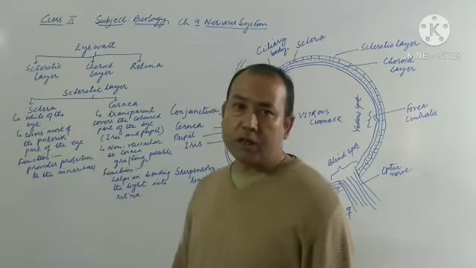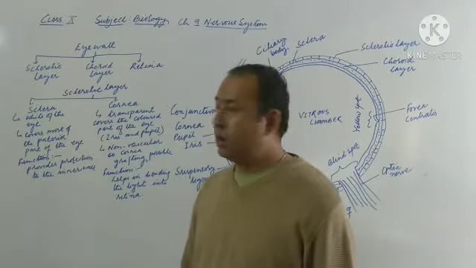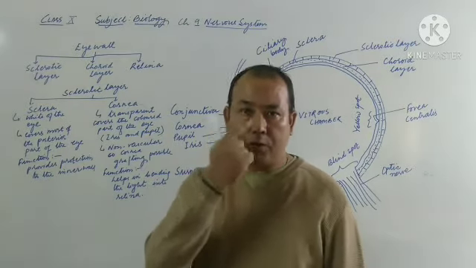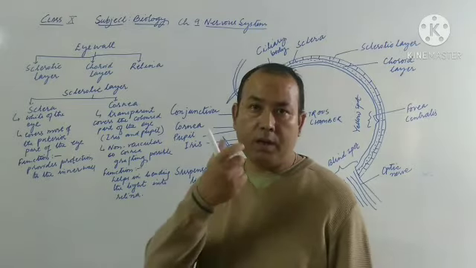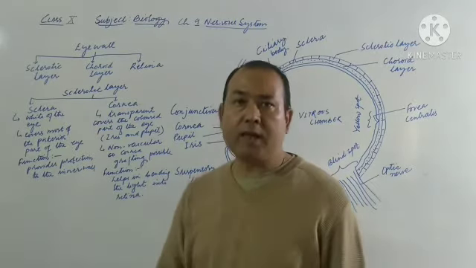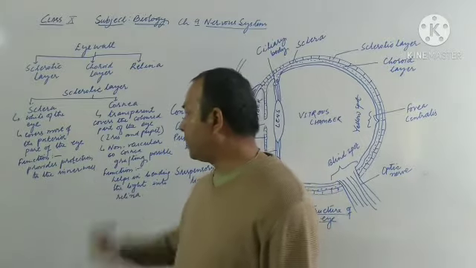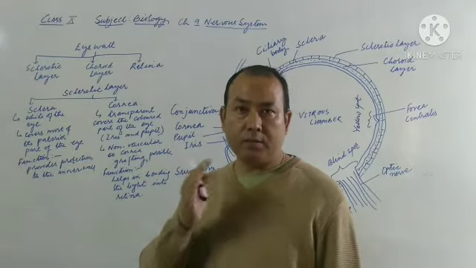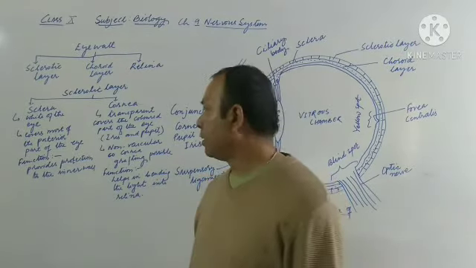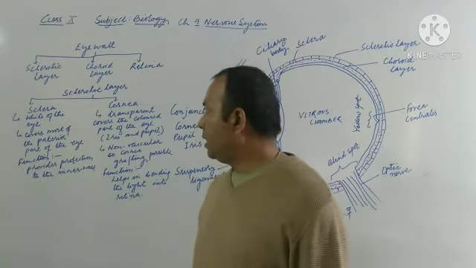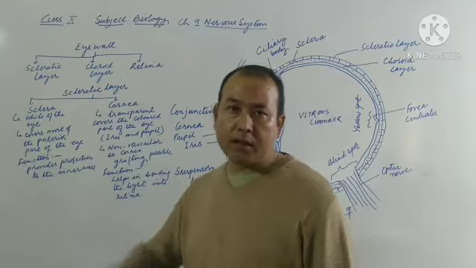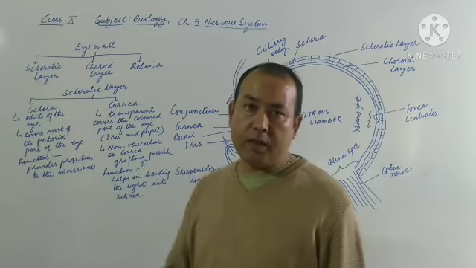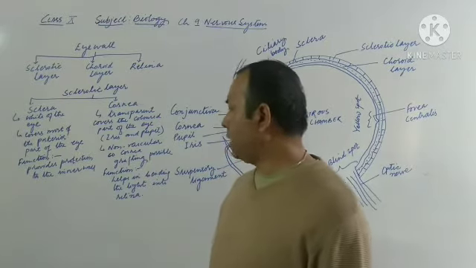Okay, this sclerotic layer consists of two different structures, sclera and cornea. The sclera is often visible in front of the eye as the white of the eye. The white portion of the eye which you see in your mirror when you look at the eye is actually the sclera, which is usually opaque. And this sclera covers most of the posterior, that is the back portion of the eye. The main function of this sclera is to provide protection. And you need to remember here that this sclerotic layer is non-vascular. It is not supplied with any blood vessels. So this point you have to keep in mind.